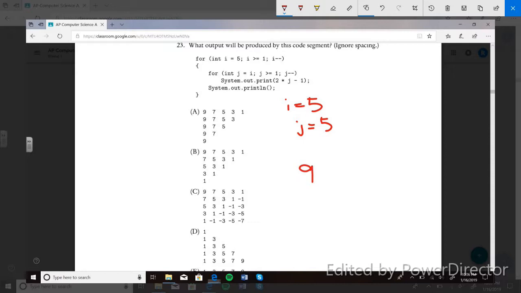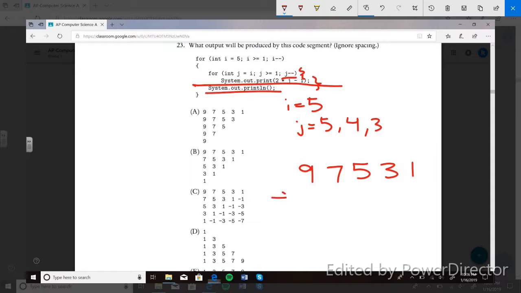And since this doesn't have any brackets, the brackets are implied to be there. So the system out println is separate from this. So it would do the iterations of j equals 5 first. So j equals 5, and now j equals 4 because it's decrementing. And 4 times 2 minus 1, that would be 7. Then it would go to 3. And from this you could tell the pattern, because it would be the odd numbers going down to 1. After that, it would do the system out println, so it would go to the next line,